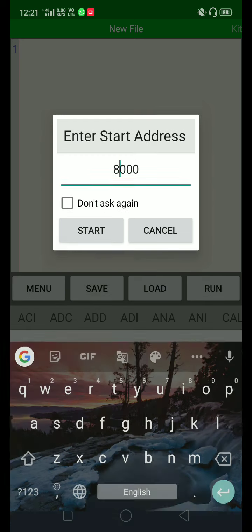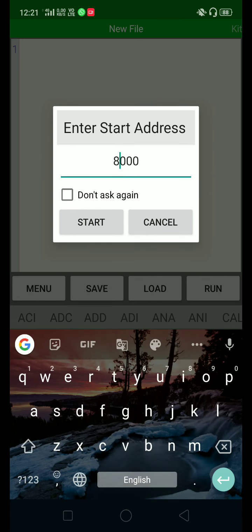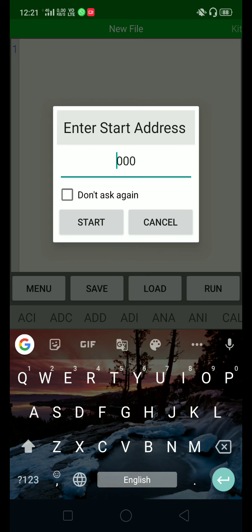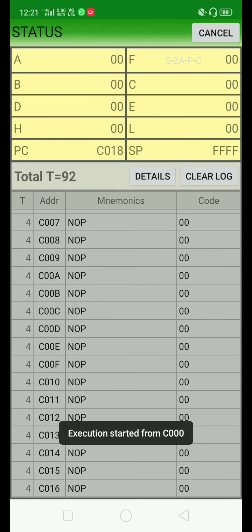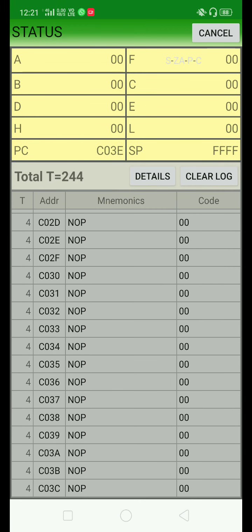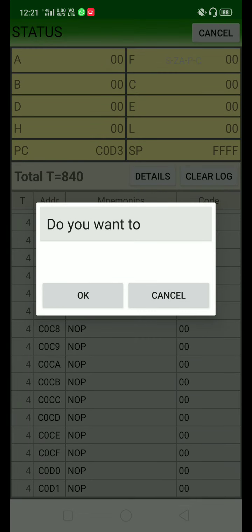So suppose instead of 8000, if I give C, so C000 will be the starting address for your program. Just click on the start. After clicking on the start, automatically the memory locations will come. Here you have to stop this execution. Just click on cancel. Do you want to cancel it? Yes.